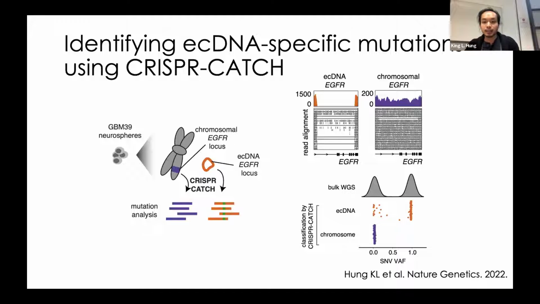the mutations that are less abundant, these low frequency mutations, are more likely to be on the native chromosomal locus, so not copy number amplified. What we found was that that's mostly true, except for a few of these mutations that were actually accumulating on the ecDNA, suggesting that these might be more recently developed subclonal mutations.